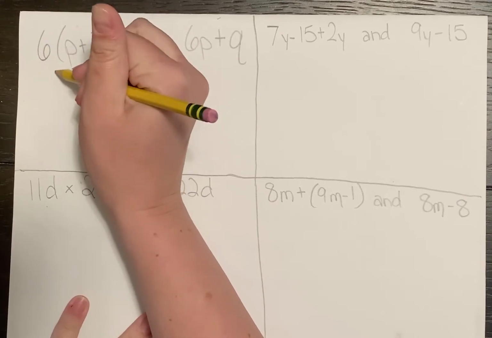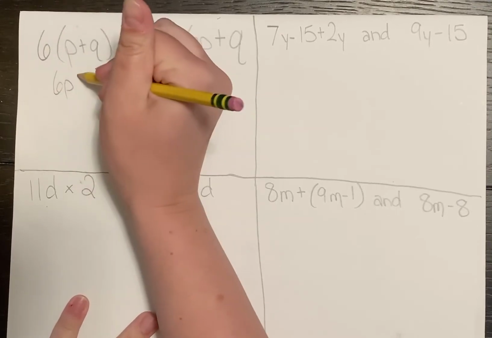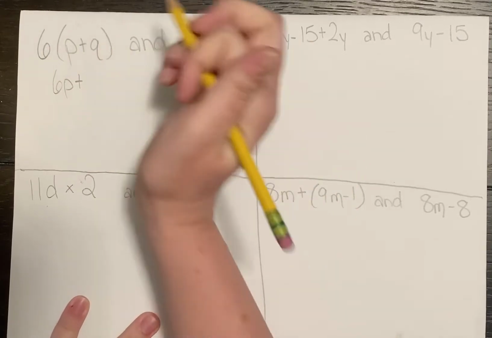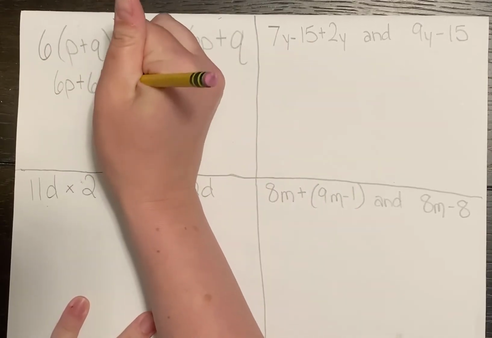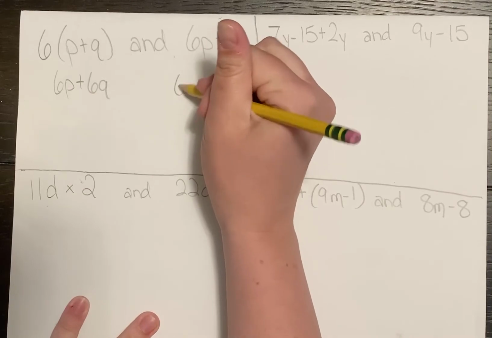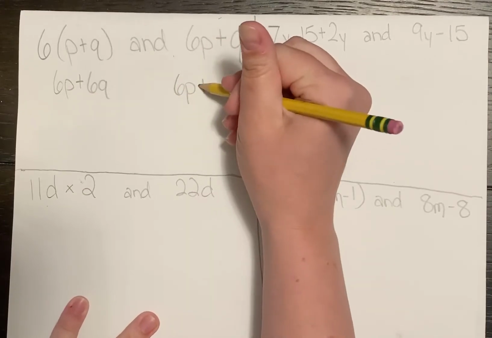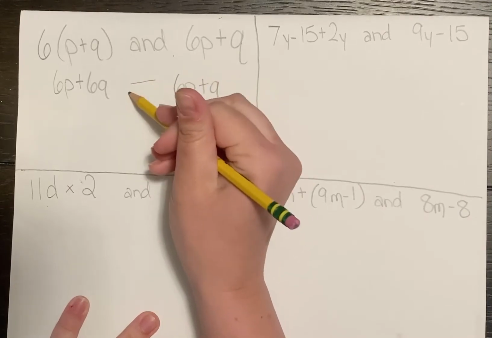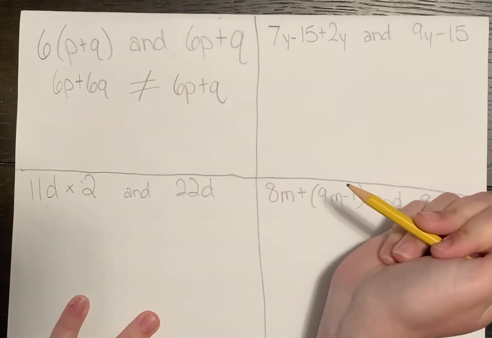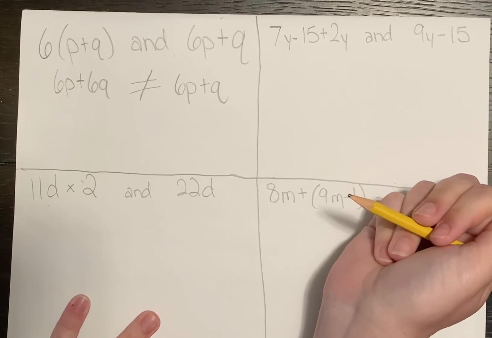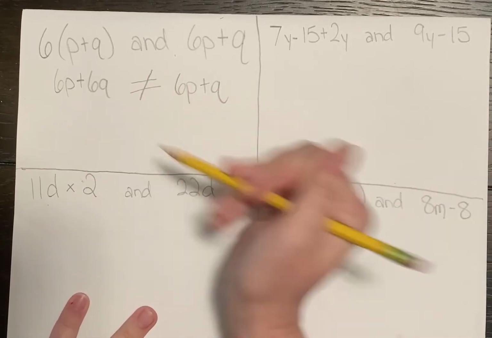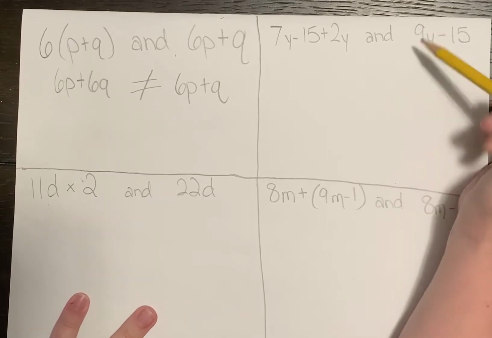6 times p is 6p plus 6 times q is 6q. So you're going to see, is it equivalent to 6p plus q? And you know that it is not equivalent. So you would just say not equivalent, which that's the symbol for not equivalent. Okay, the next one,